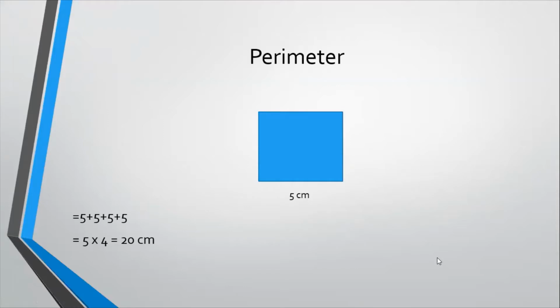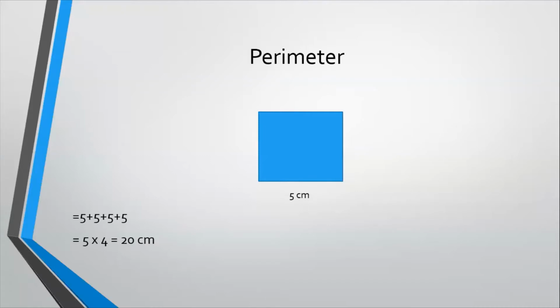So this is how you find out the perimeter of your figure. And which figure are we finding right now? We are finding the perimeter of a square. So a square has all 4 sides equal. Here you can see one side length is given, 5 centimeter. Now 5 will be added how many times? 5 plus 5 plus 5 plus 5, because there are 4 sides of a square and all 4 sides are equal.